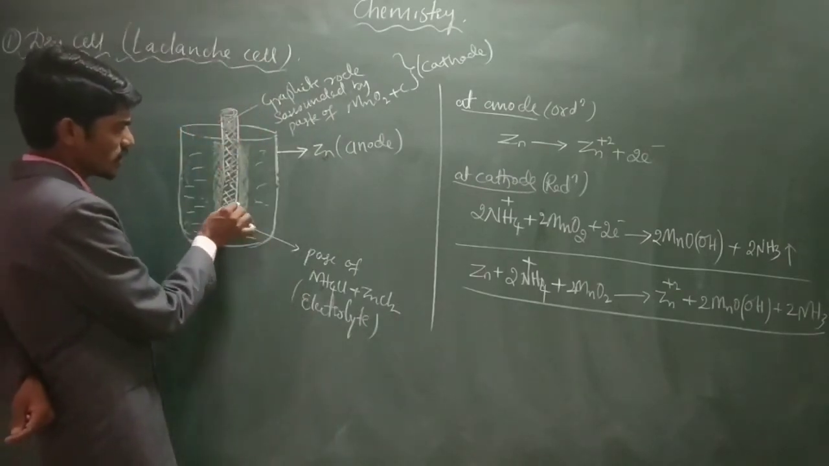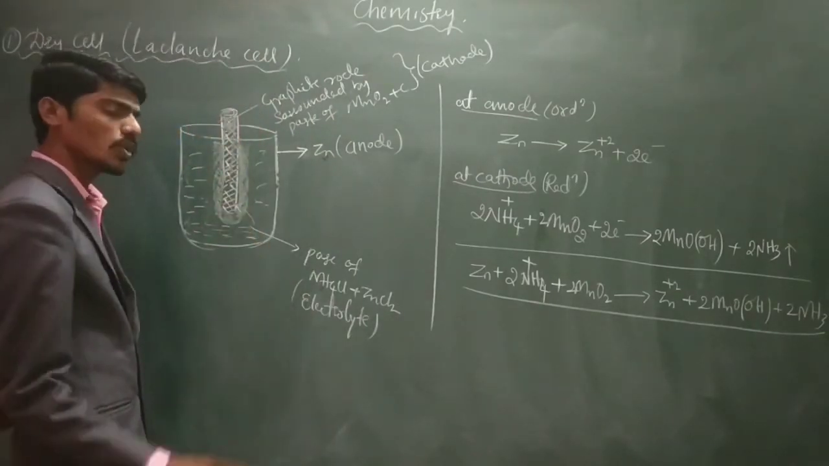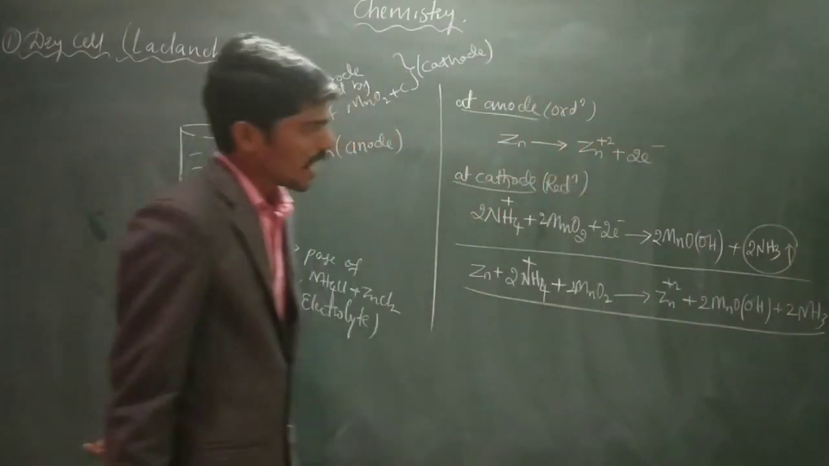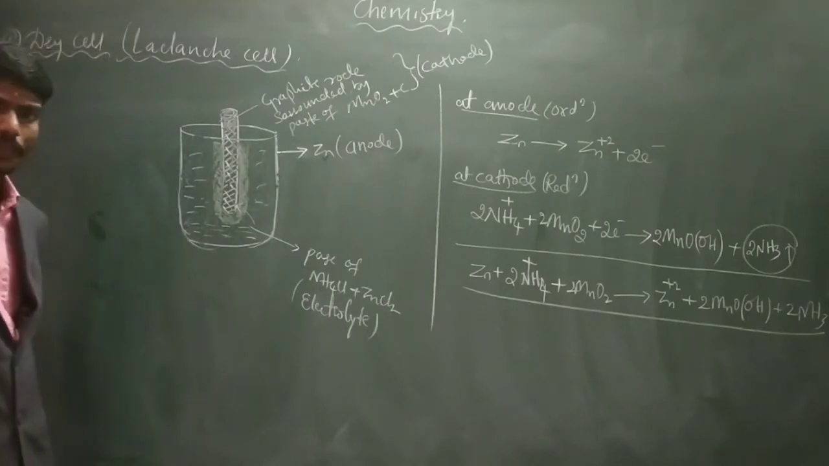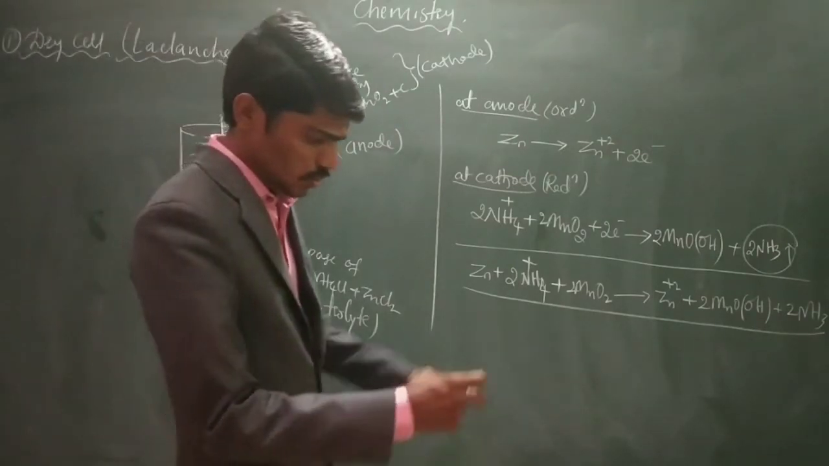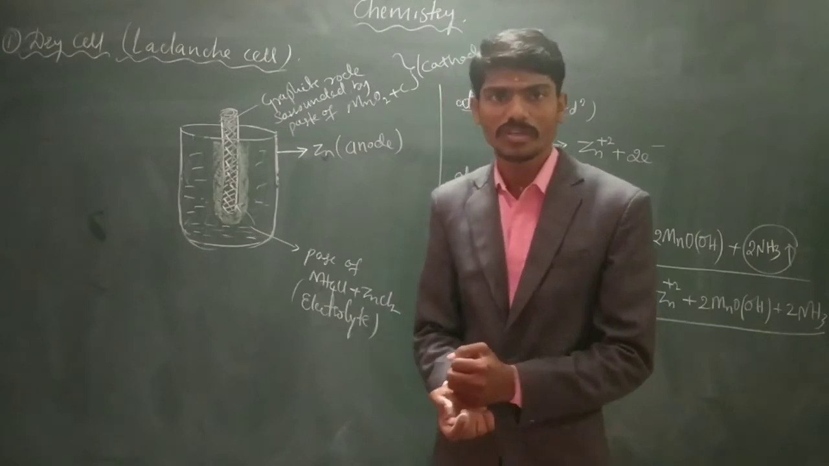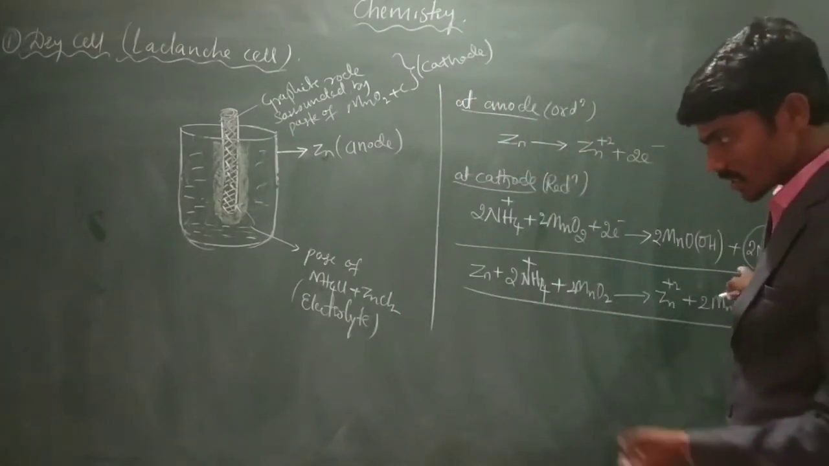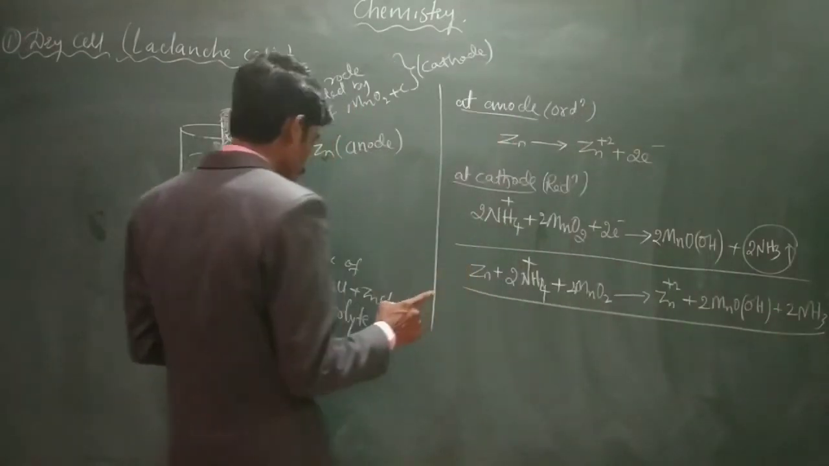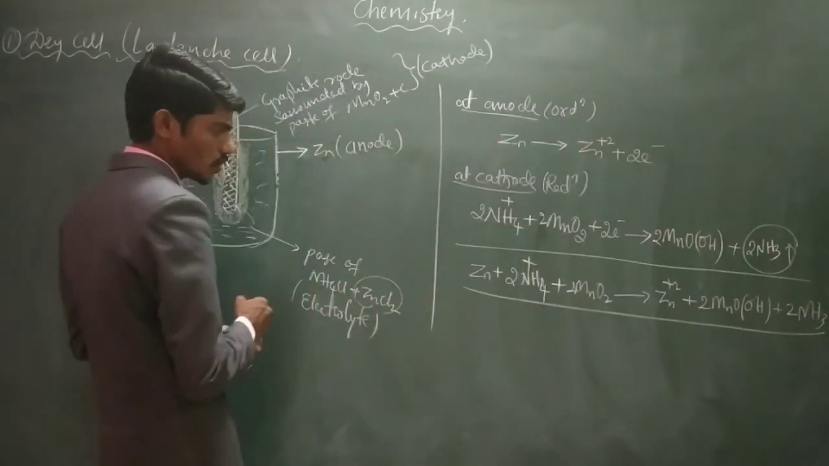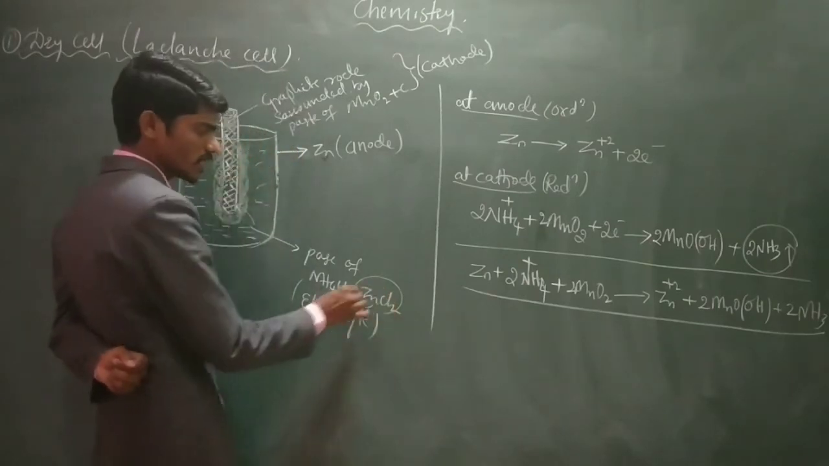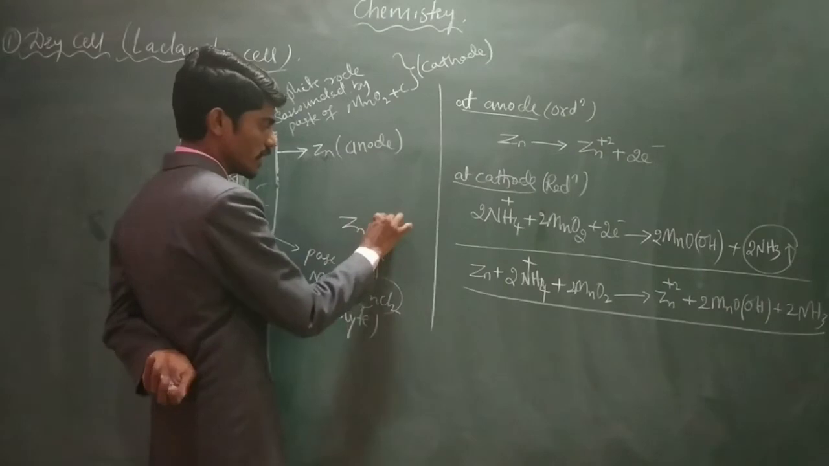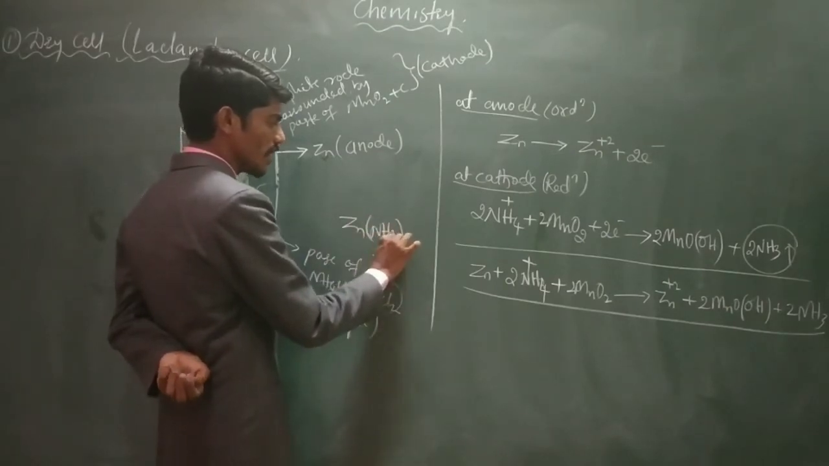NH4 plus ions get discharged at the cathode and NH3 gas is liberated. If this gas stays inside, there is a chance of cracking of the batteries. So the liberated NH3 is converted into a coordination complex by using zinc chloride. ZnCl2 absorbs the liberated NH3